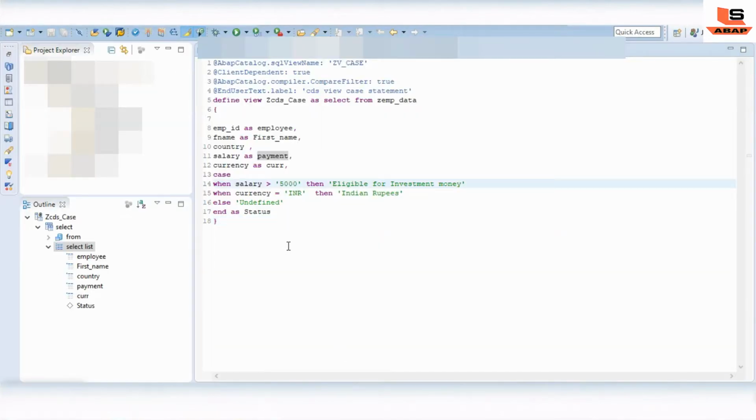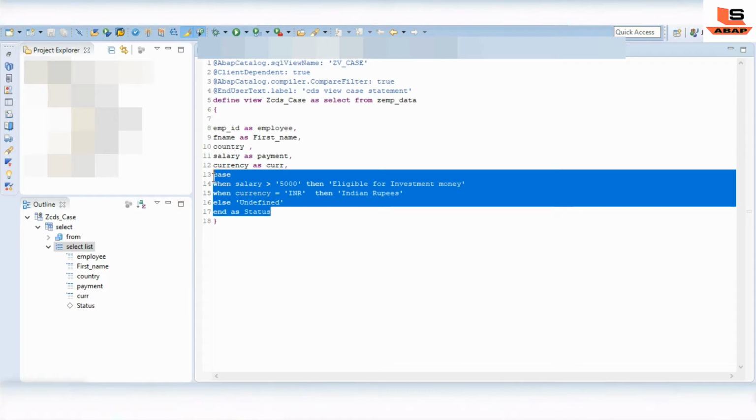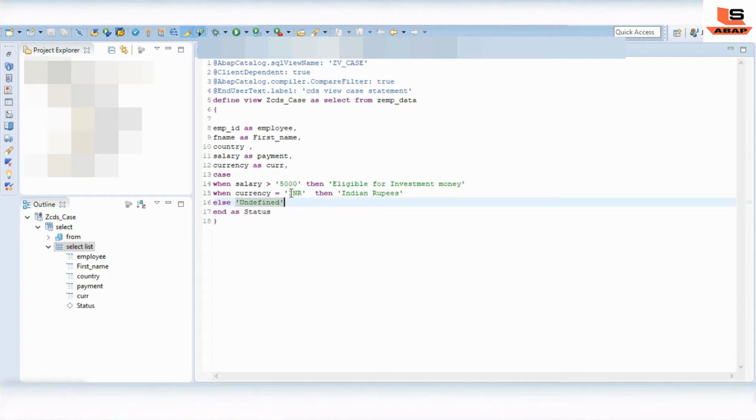In Eclipse, as you can see, we have created the CDS view with the case statement for multiple columns. I have shown you the case statement for a single column as well as multiple columns, and how we can use it. As you can see here, we have used the field name with some alias name, so we are just changing the description of the field at runtime. For the country we have not used any alias, but for the first name we have used an alias, something like employee first name.